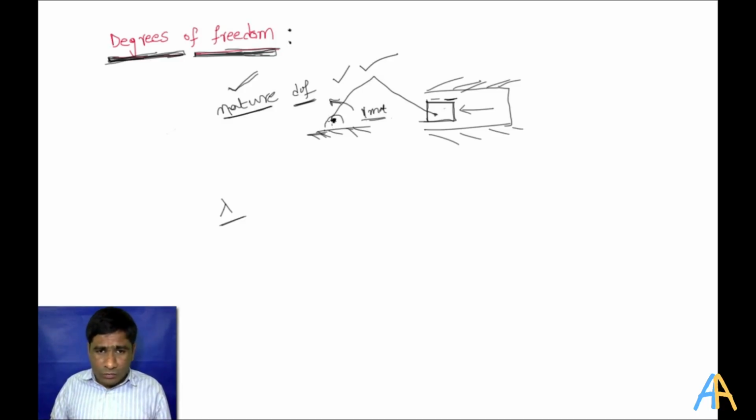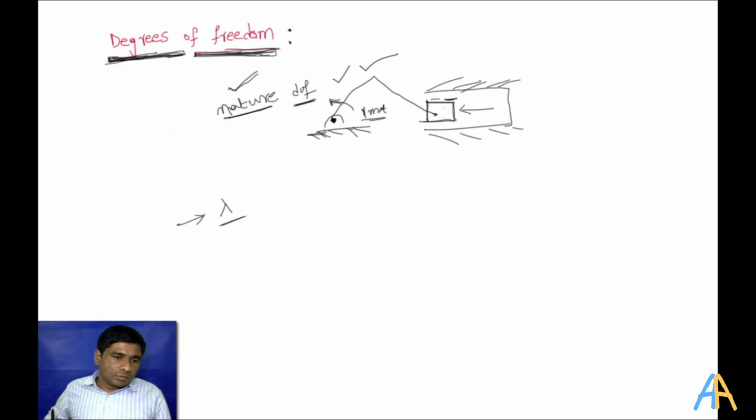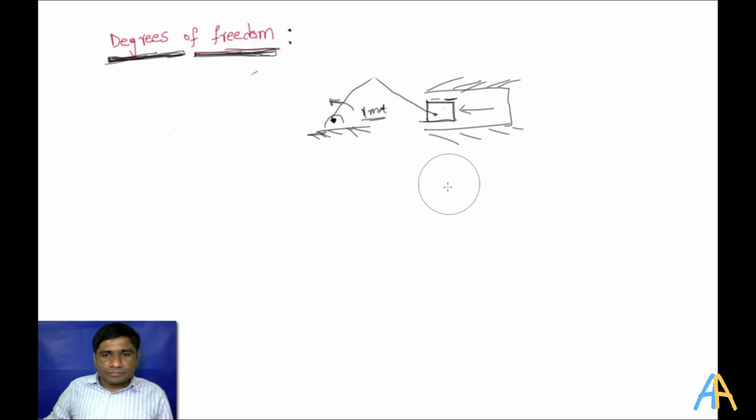We don't go into the detail here in this chapter, because our main focus is only on planar mechanisms. That's why we need to know the degrees of freedom for any mechanism, so that we can use that particular mechanism in an appropriate application. So let's find out a formula for the degrees of freedom, and in this particular example we need to find out the degrees of freedom of this mechanism.